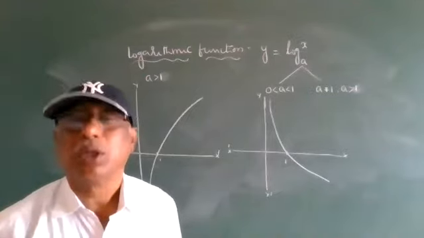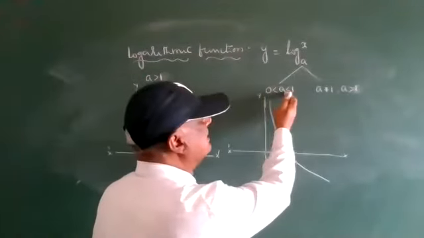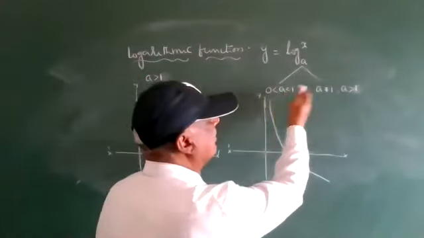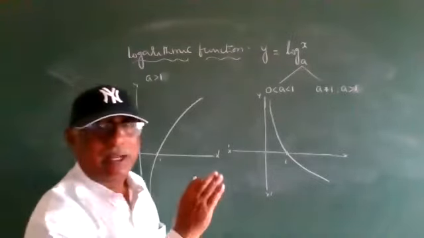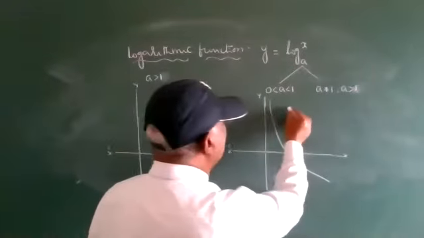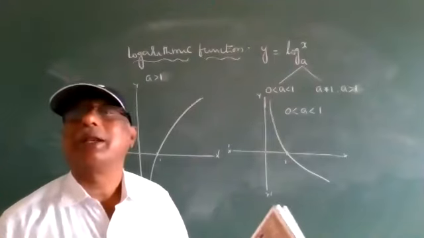How does it lie between two conditions? I will write two conditions. One is the less than 1 condition. One is the greater than 1 condition. Two separate conditions, not an equal condition. Understand this point? One is separate, another one is separate. This is 0 less than a less than 1. 0 less than a, 0 less than 1. These two are separate conditions.